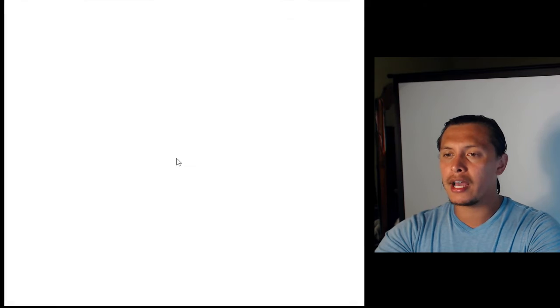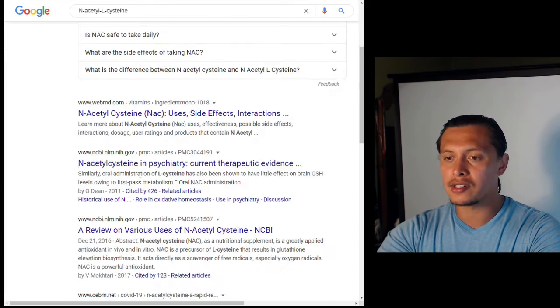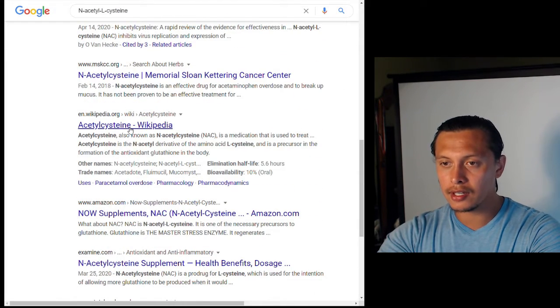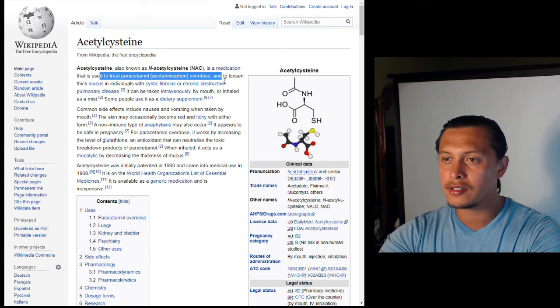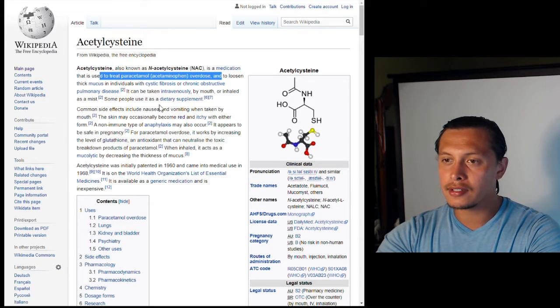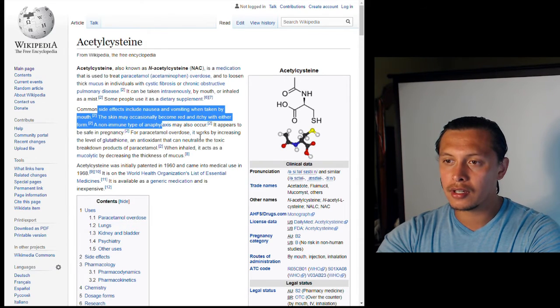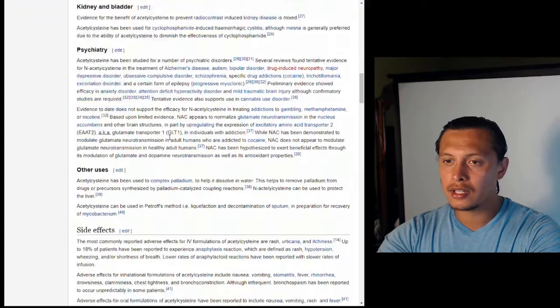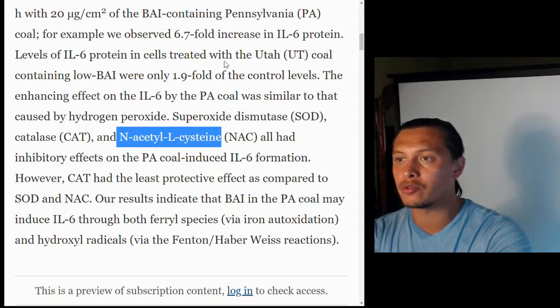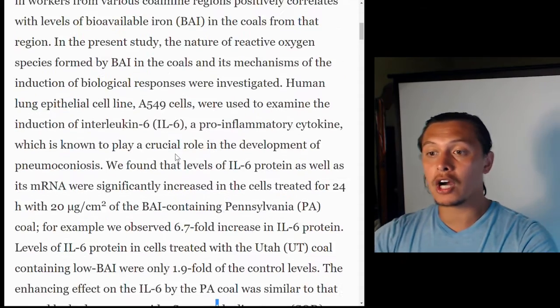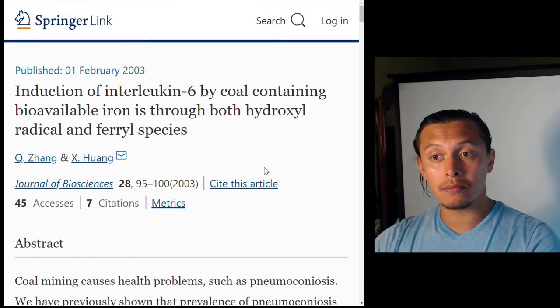And let me look at what N-acetyl-L-cysteine does explicitly, because acetylcysteine, also known as NAC, is a medication that's used to treat this. Let's see if they have a chemical reaction right away. You know what, they don't, so I'm not going to look it up. Regardless, just keep in mind, this is one of the proposed mechanisms.